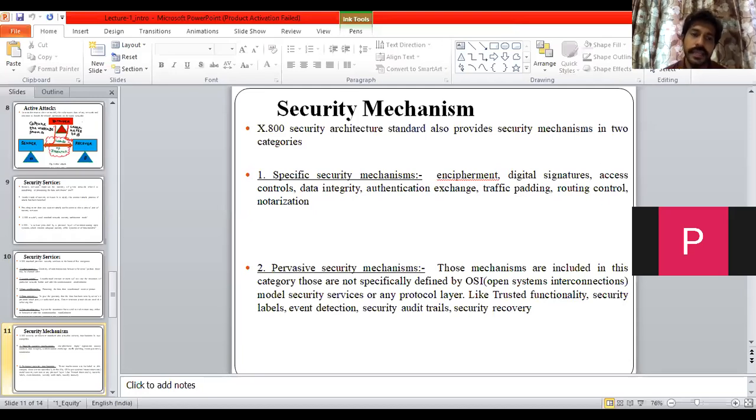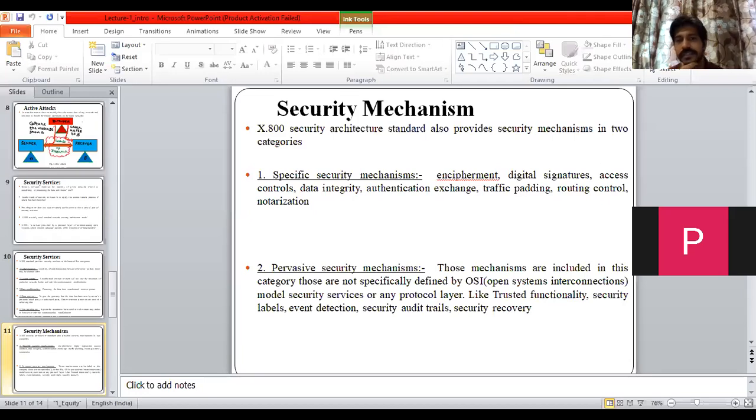So for doing the encipherment, it is a prerequisite that you must have a key. Only then can you do the encryption, whether it is a public key encryption technique or a private key encryption technique. So the basic rules, the basic steps, are fixed for particular mechanisms like encipherment, digital signatures, access control, data integrity, and authentication exchange. The second case is nothing but